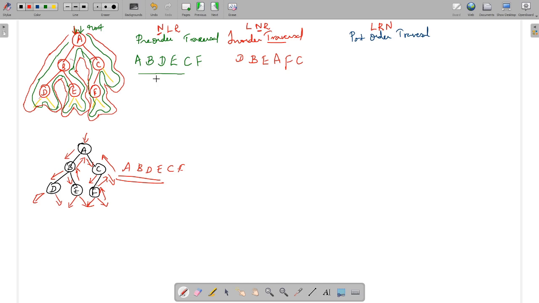So now you could see the difference between the positions of these variables, or the order of these nodes. So it is different here in pre-order and different here in order, and it will be different here in post-order also. So in short, explore the node, or explore the data in the node